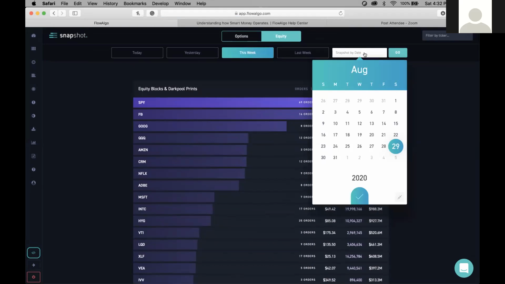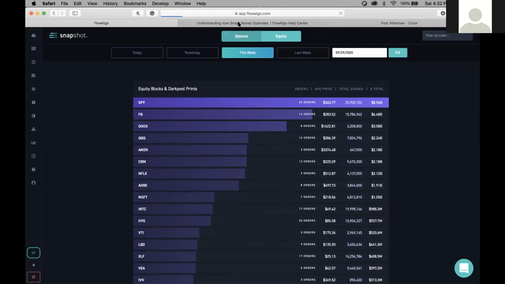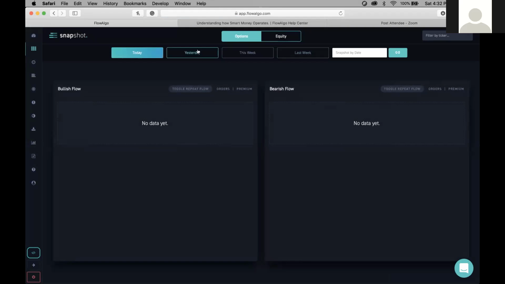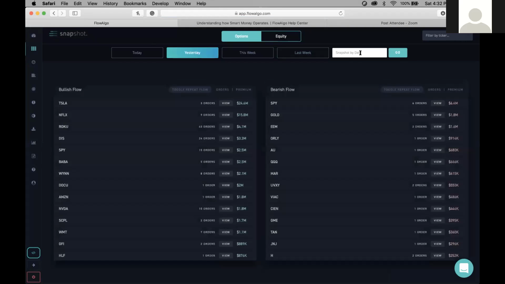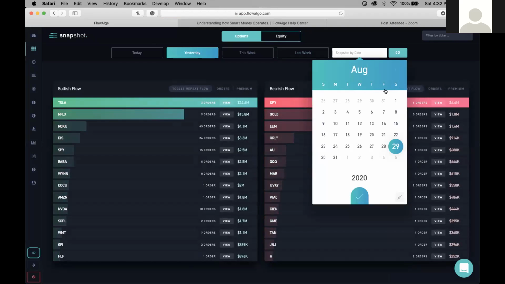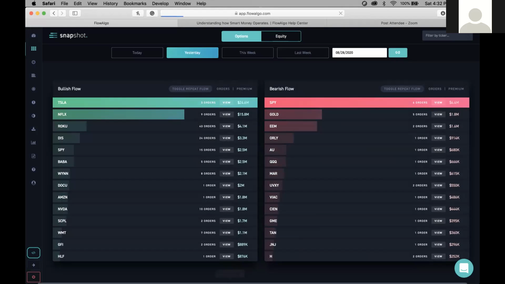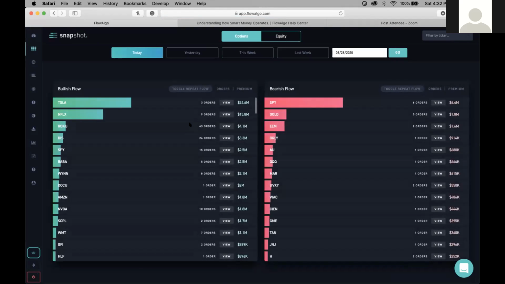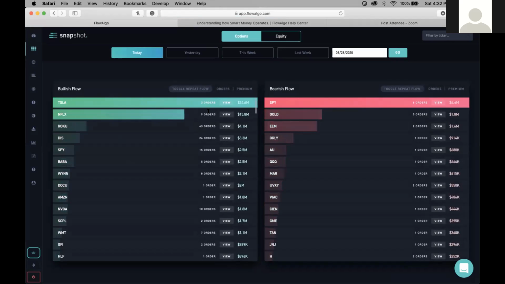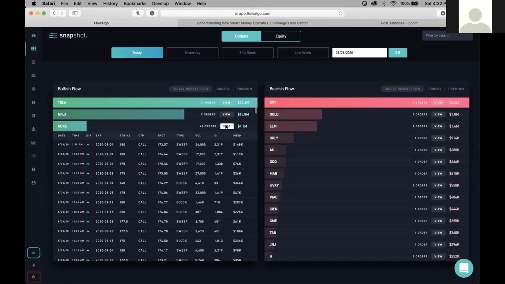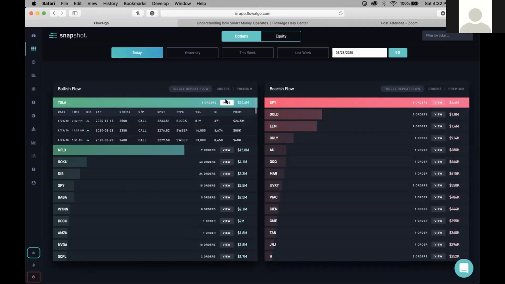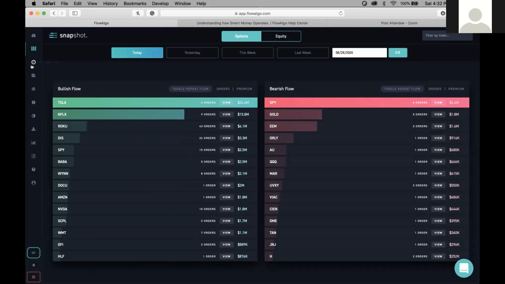You can do this by date too, so you can go all the way back and check any day, and if you want to go to the option side, you can also do this by date. You can't do this by week, but you can do it by individual day. So let's see if we can do Friday here. Let's go for Friday. And here's Friday. Again, Netflix up here, Roku following it, and then you have Tesla. You can look at the order size and see there's a lot of orders for Roku, and they're kind of small. You have big orders for Tesla. So it's all relative to what you want to see out of it.